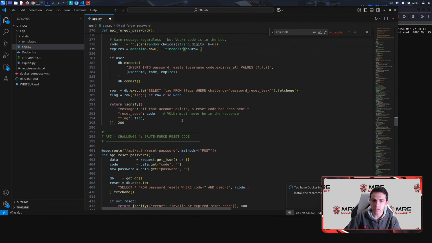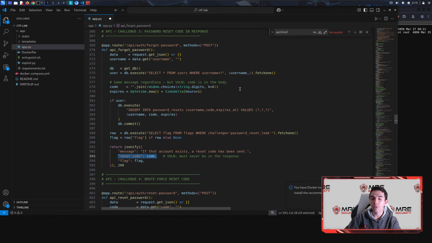But inside of the response, however, we also see that there is a reset code here, and it is showing within the response. You never want this to happen for obvious reasons, because now we have user enumeration to account takeover, because we can now get the reset password. And if we do find a reset password endpoint, which is down here, we can then go and put in this code, modify the user's password, and now we have account takeover. So that easy user enumeration that we originally got went from a low to probably a high or even a critical,